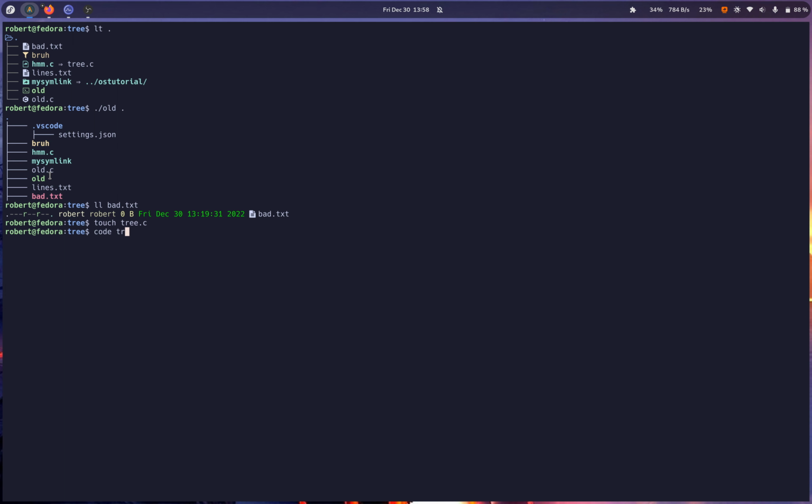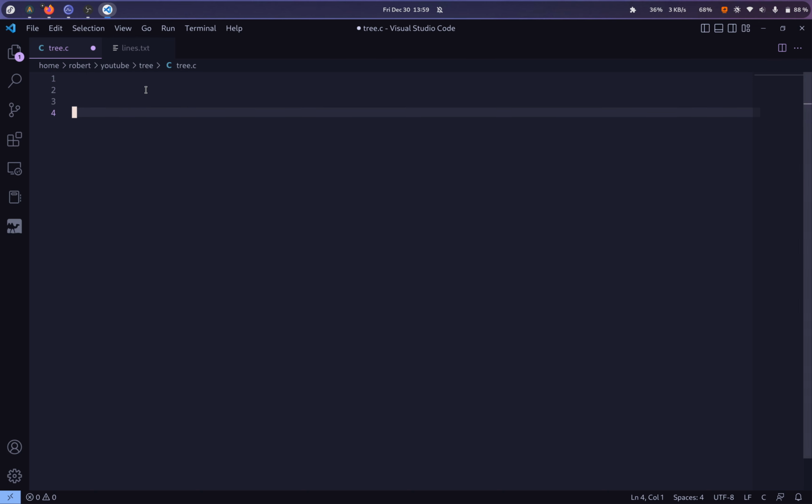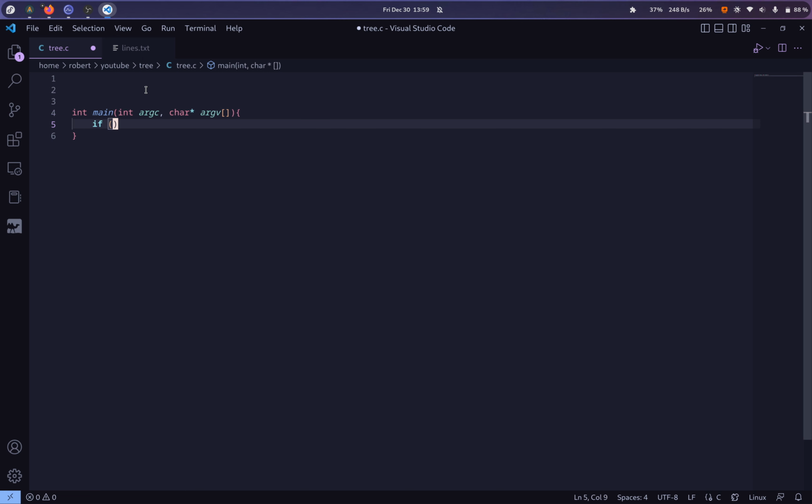So we'll touch tree.c. There we go. Okay. I'm just gonna start off with the main function here. Perfect. Okay. So let's just do some really quick error checking. Alright. If we pass in less than 2 arguments, right? The first one being the name of the executable and the second one being the path of the directory we want to run the tree command on, then we'll just